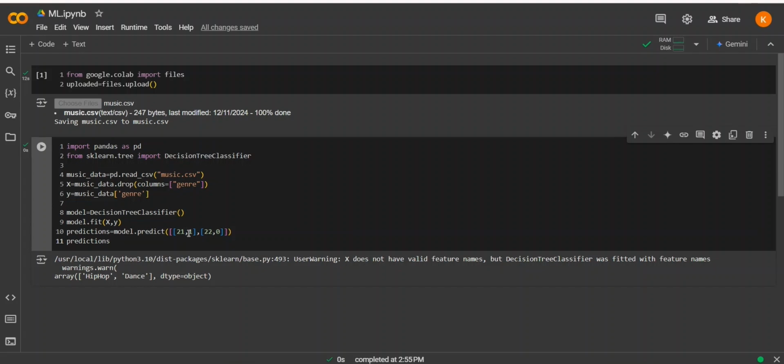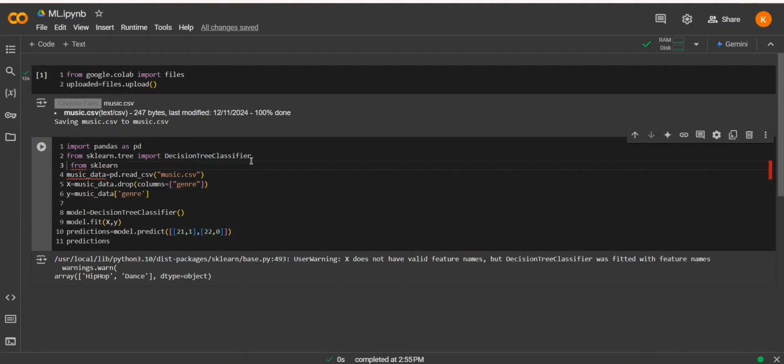The general rule says we need to allocate 70 to 80% of data for training and the other 20 to 30% for testing. So instead of passing only these two samples, we can pass the data set we have for testing and get the predictions. Then we can compare the predictions with the actual values in the test set and calculate the accuracy. For that, we are again going to import some library on the top. So let us do that: from